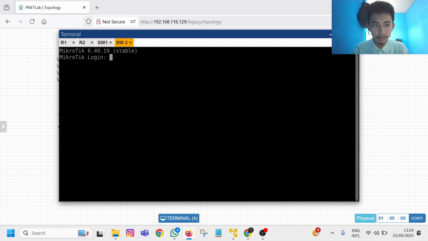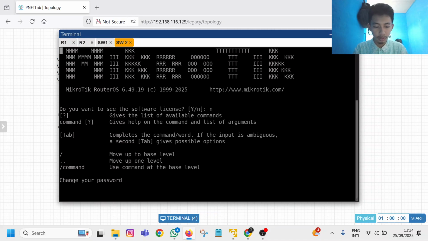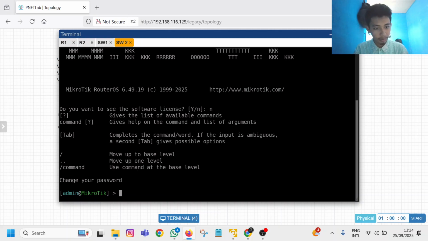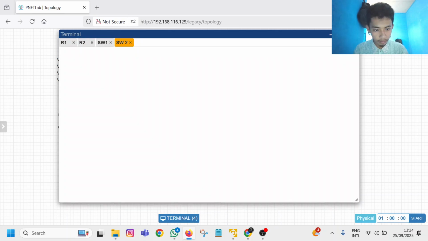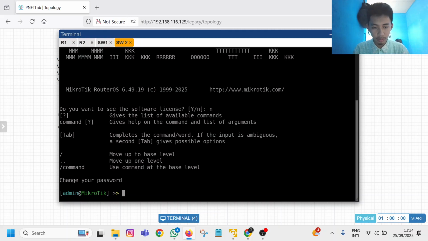Also in switch 2: system identity set name SW2.